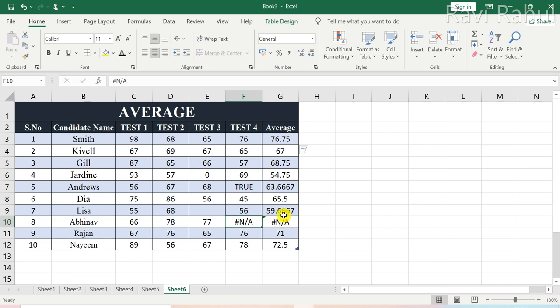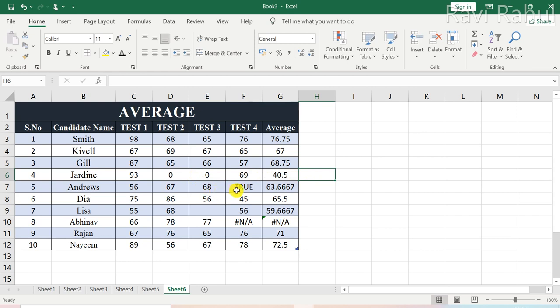Got it? This was the definition in Excel. Suppose I delete this, you see the average will change. But if I put 0 here, again the value would change. So it is also calculating the cells that contain 0.